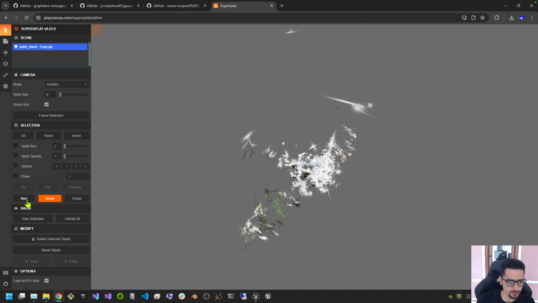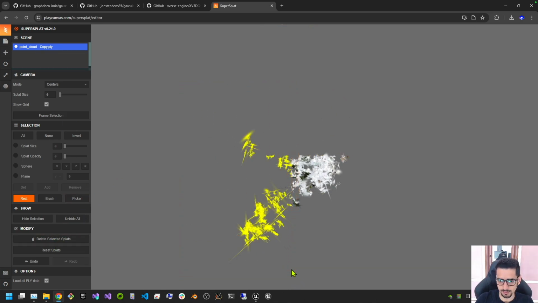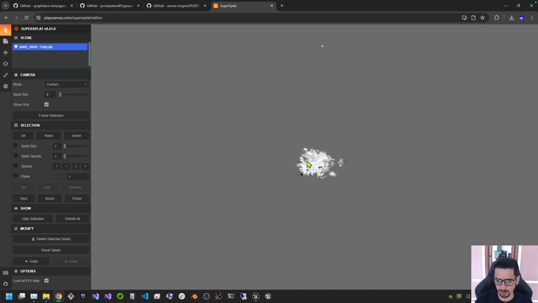In this tool we can use the rectangle tools to delete the part which is not required. You can select it like that and delete the selected splats. I'll also do that and only show the area which is required. Delete selected splats, delete this part as well. This part is not required at all. This is extra information. Delete, and let's go back to the splat now to see if